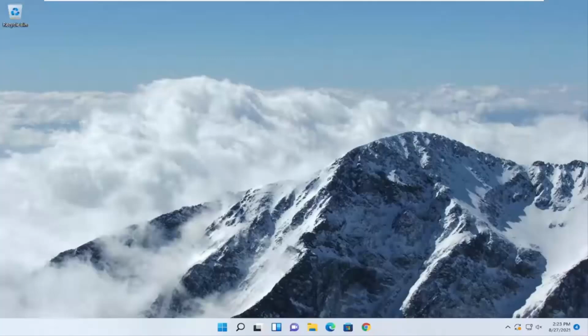In today's tutorial, I'm going to show you guys how to enable the touch keyboard on your Windows 11 computer. So perhaps you use a touch screen or want to have a virtual keyboard on your display. I'm going to show you how to enable that, and we're going to go ahead and